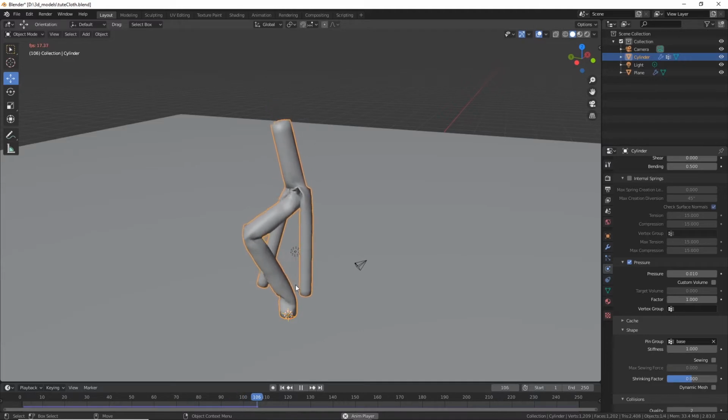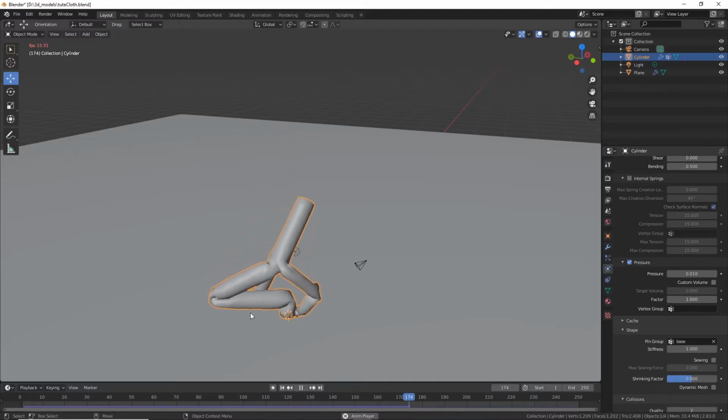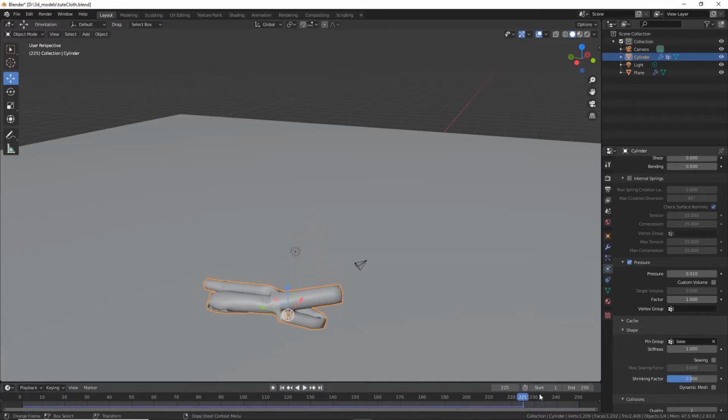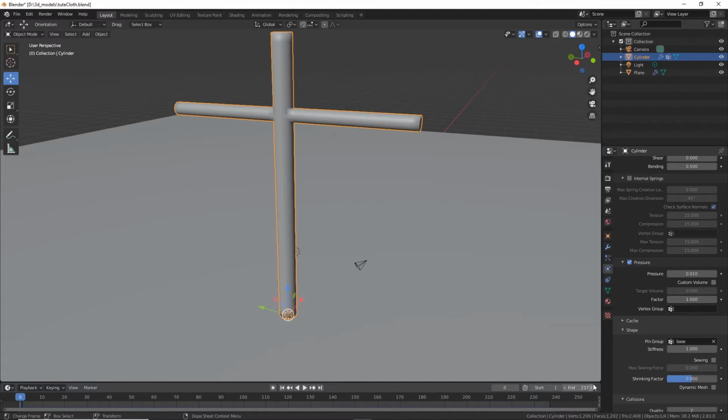So you can see where it looks like it's fatter now. When it bends, it's like it's got some air inside of it. And that looks a lot better. It may even be too much pressure. But let's add our wind now and see what happens. So now if we add